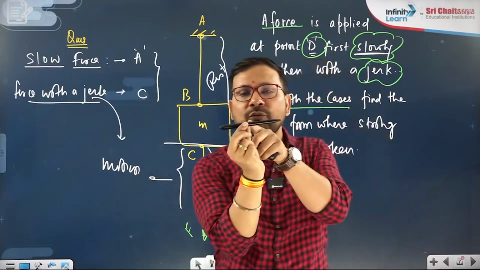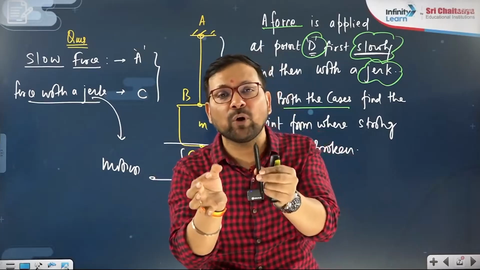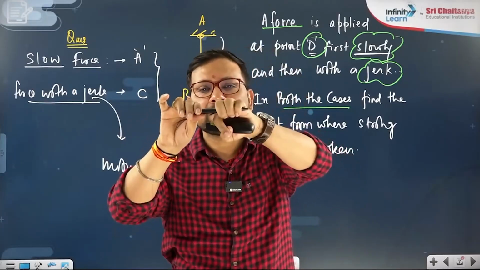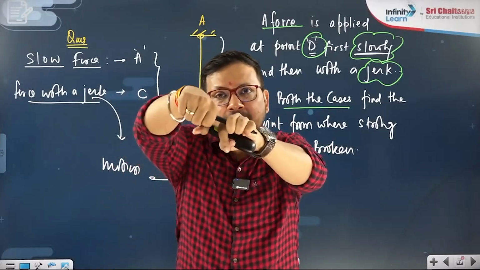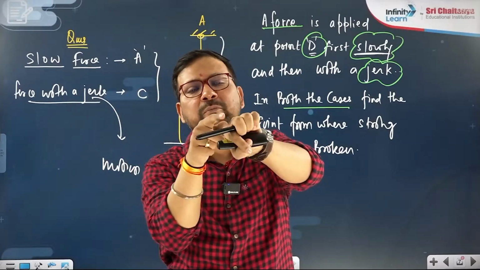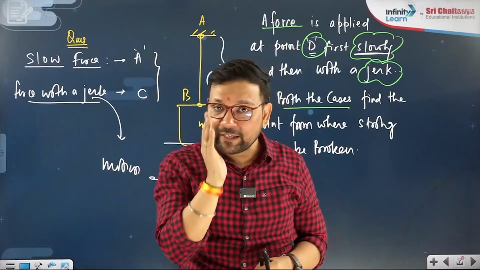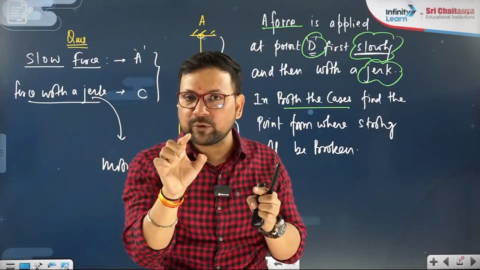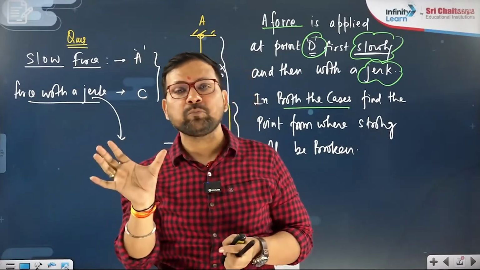The point from where rest and motion are separated is called the breaking point. If I want to break this stylus or marker, I will hold one part, the half part I have made static, and the second part I will take and move it, then it will be broken from here. So what is the breaking point concept? The breaking point is that point across which you can say rest and motion are separated. One part is at rest, the second part is in motion.